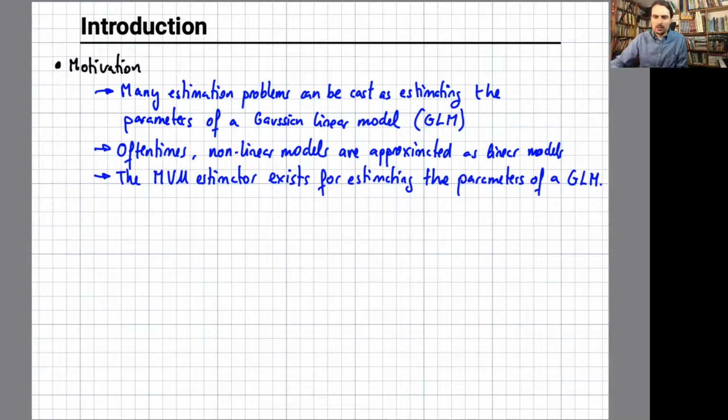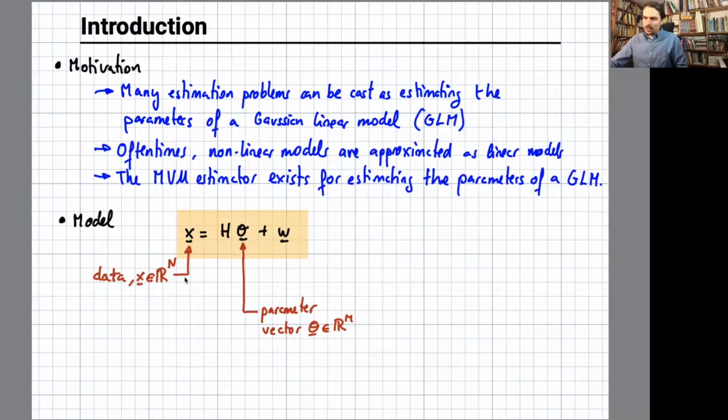And one of the benefits of adopting this model is that the MVU estimator exists, and we will be deriving it later today. In the Gaussian linear model, the data can be expressed as a linear function of theta plus